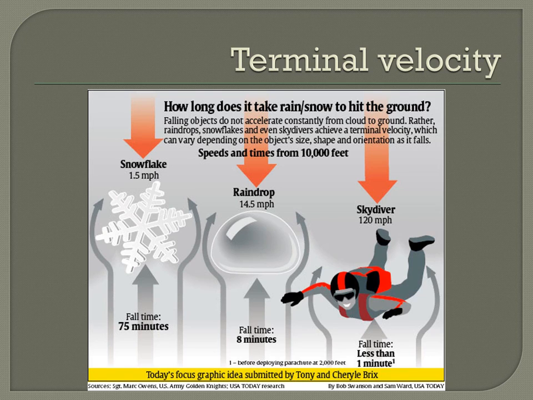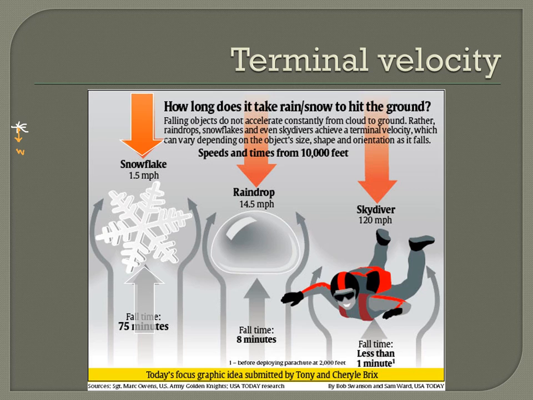Remember, terminal velocity is the speed at which an object is falling, at which point its air resistance equals its weight. So let's take, for example, a little snowflake. A snowflake does not weigh very much, right? When I first drop my snowflake, think about the forces acting on it. Well, the snowflake does have mass, and therefore the Earth does pull on it with a force we call weight. However, that weight is tiny. But it is going to accelerate. Initially, the weight is the only game in town when the snowflake first starts falling,